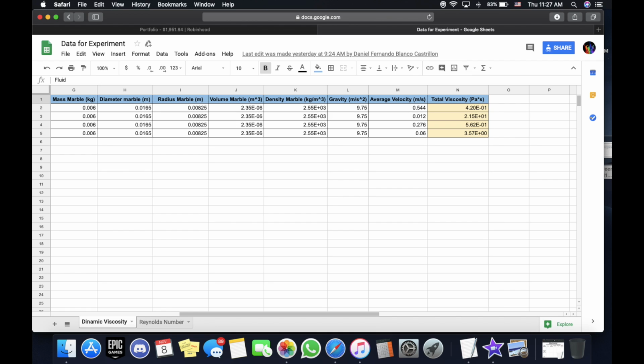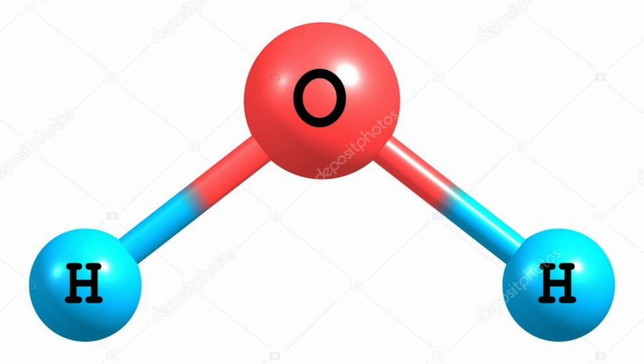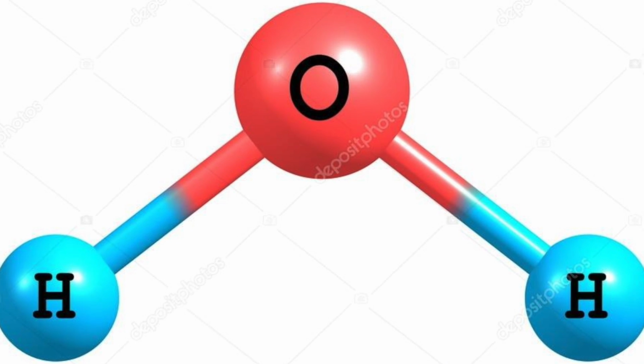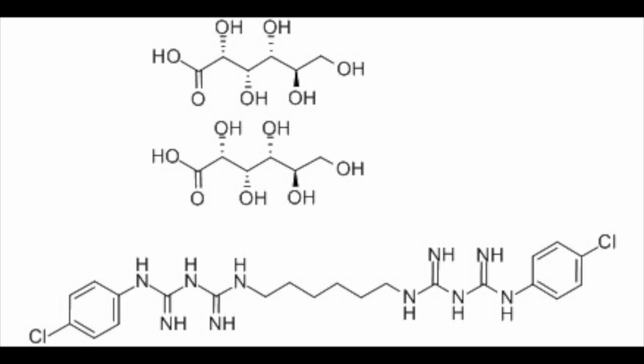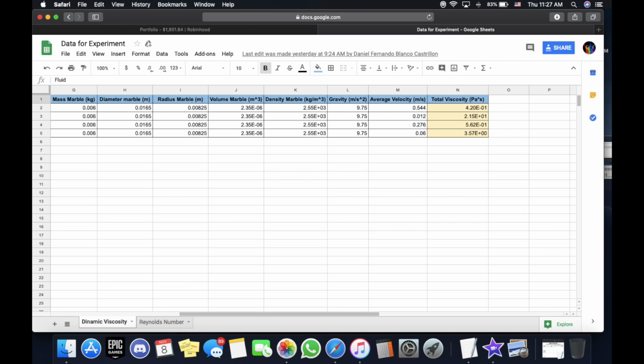4 times 20 times 9, 10 to the negative 1 means that the force of attraction between the molecules isn't as strong, which let the marble pass really quick. The total viscosity for the gel is 2.15 times 10 to the 1, which means that the viscosity for the gel is really strong, which doesn't let the marble fall easily through it, because the force of attraction is really